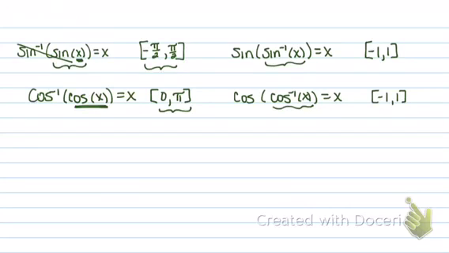And then we have tangents. So we have tangent of the inverse tangent of x will equal x when that x value is between negative pi over 2 and pi over 2, no bracket because it's not equal to, so not including them, because remember those are going to be those asymptotes. And then we have